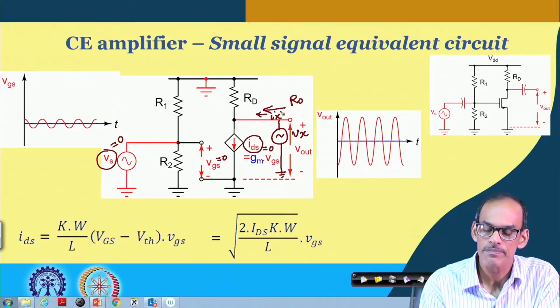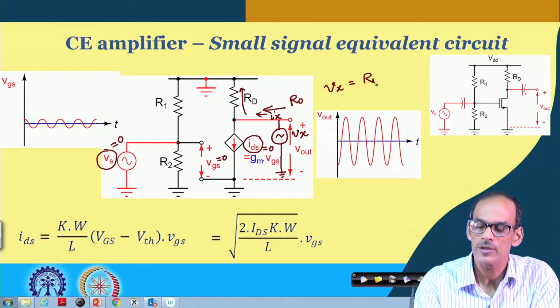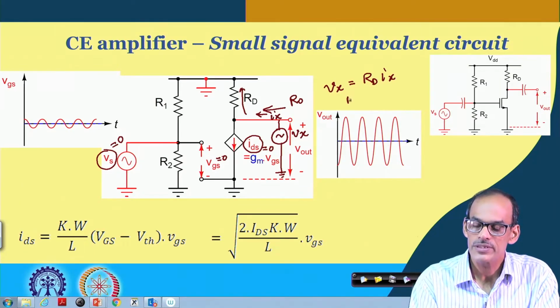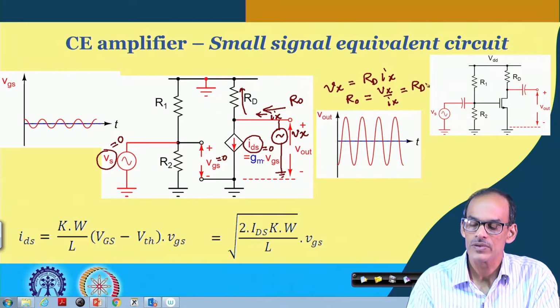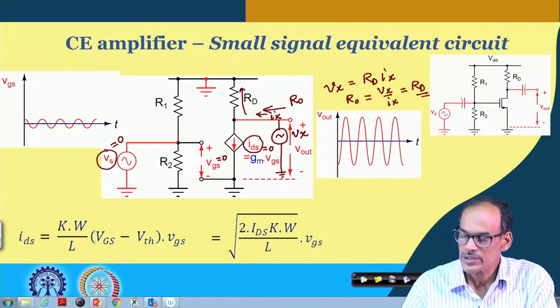in fact, the current is only going through this resistance. So, then the Vx and the Ix relationship you will get is basically Vx is equal to RD into Ix. So, that gives us the expression of Rout, which is defined as Vx by Ix equals to RD. So, that is the second parameter we obtain. Now, the third parameter, it is